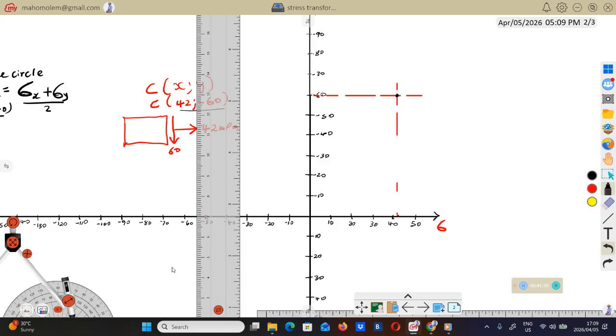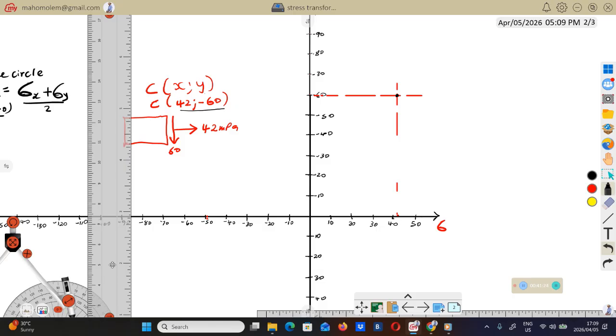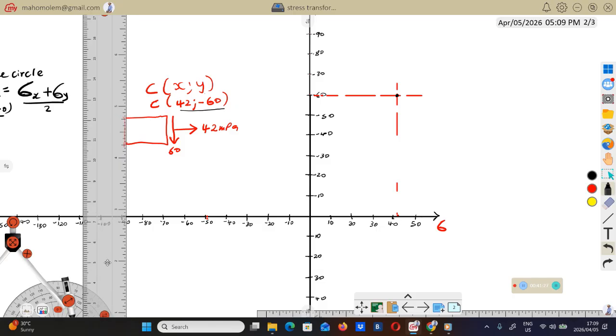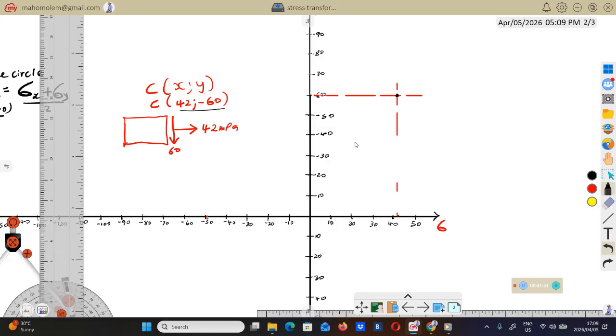So I said that you don't really need to use the stresses on the y face as well. You just need these stresses on the x face. Then you will just have to project that line. Right. So from here,